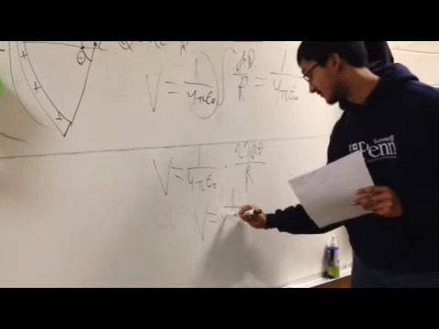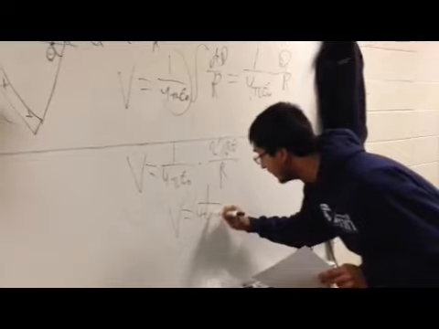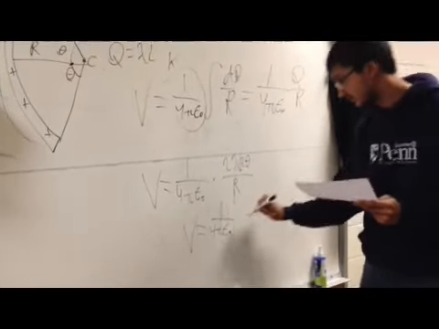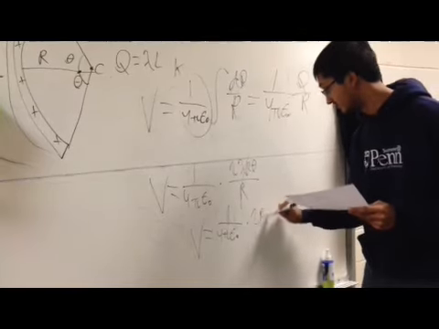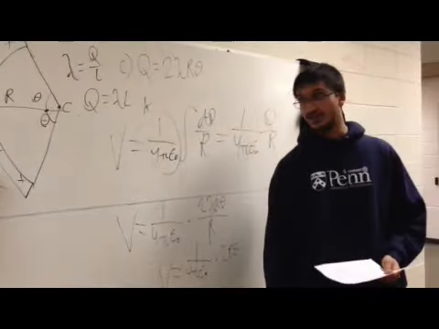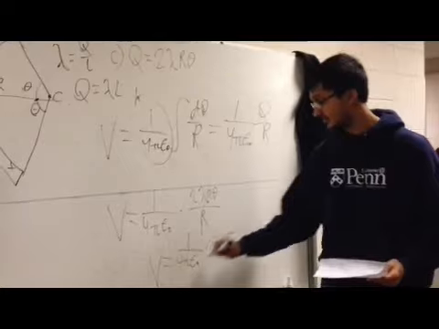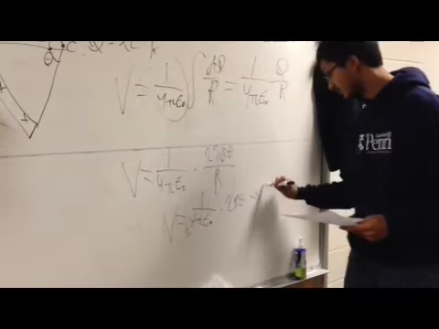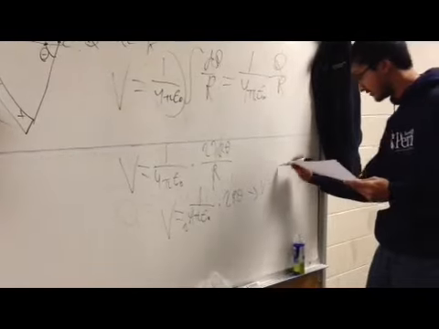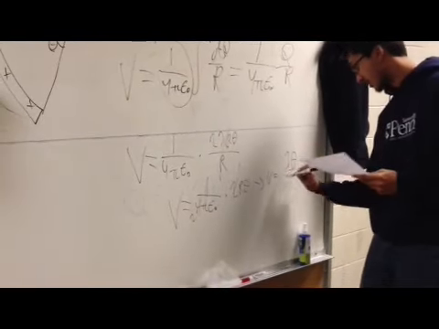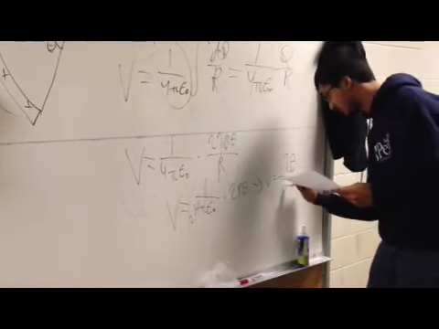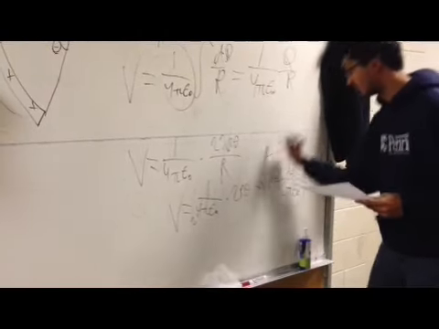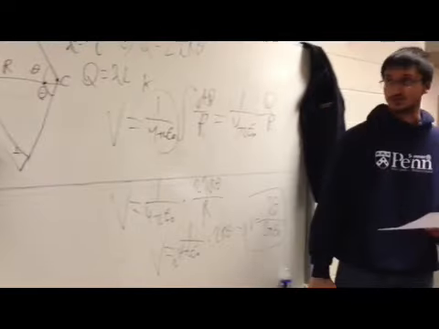1 over 4 pi epsilon times 2r theta. But we're not even done yet, because we have to cancel out this. We have to simplify the fractions. And that will give us lambda theta over 2 pi epsilon. And that is your voltage, your electric potential for that